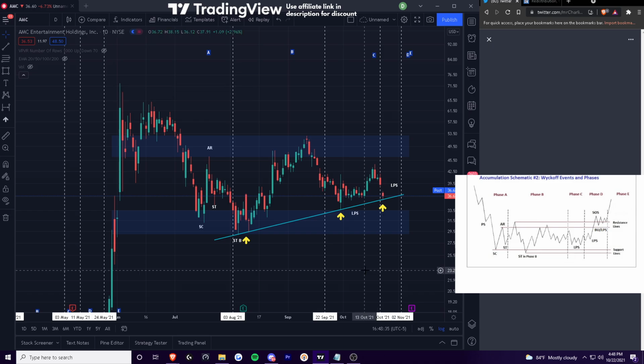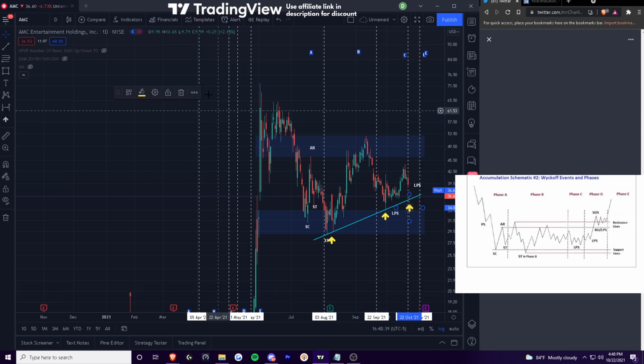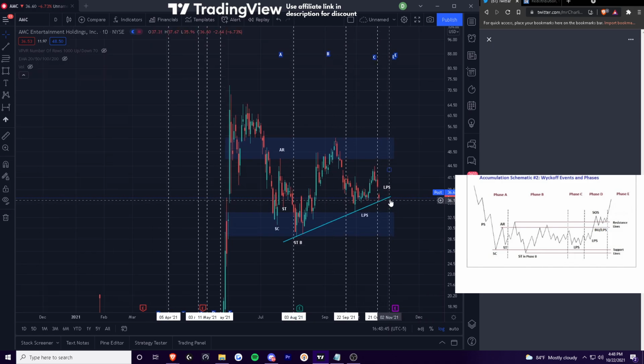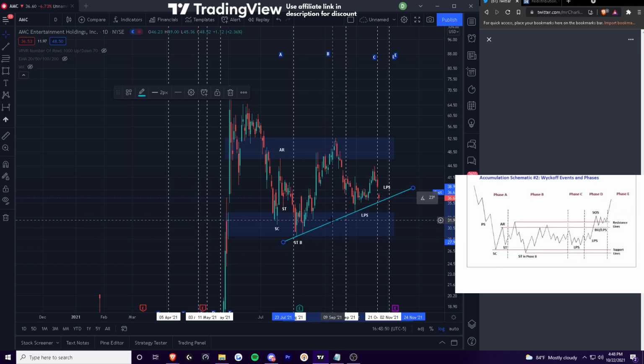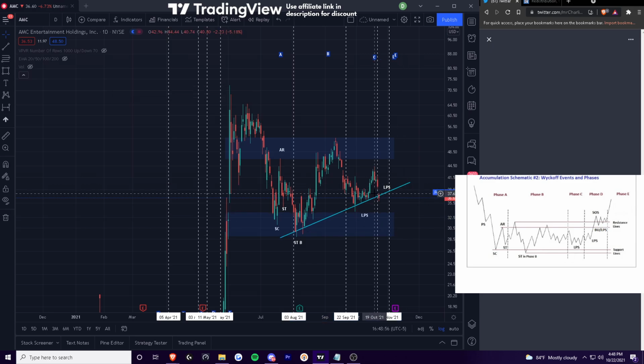Totally possible. So these are the things that I'm looking for. If you're going into next week, we're definitely going to want to hold this trend line. I don't think you really want to be breaking this trend line, because then it insinuates that it's not the strongest. You could also draw a line like this here, and now it's acting as resistance. Oh, another interesting thing that we can check out. We did have this